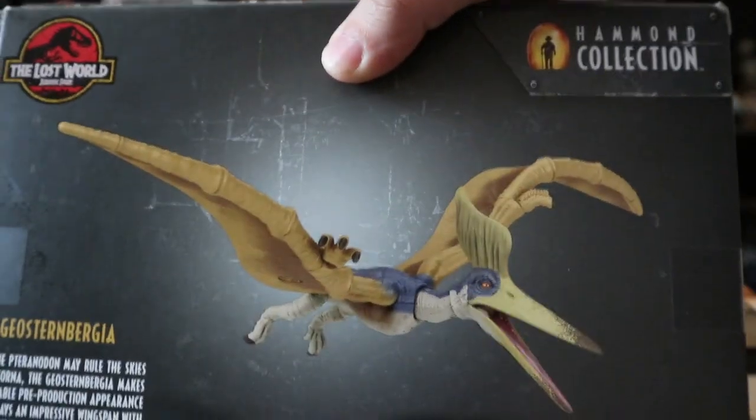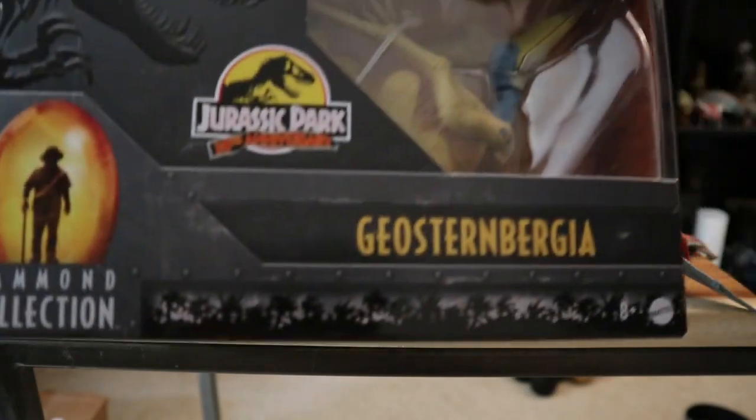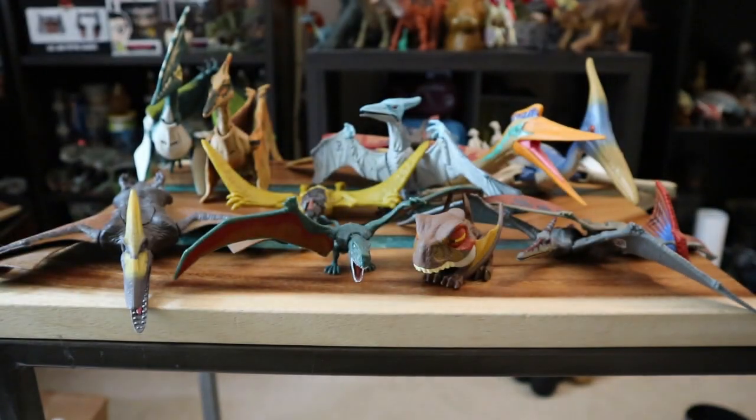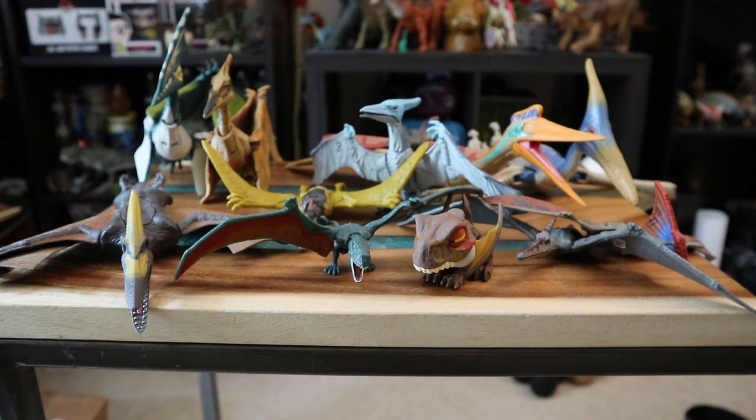But yeah, I almost forgot to show off the Geosternbergia. Or, yeah, Geosternbergia, I believe that's how you pronounce it. But yeah, so, I take it back. With that being said, now, that's my